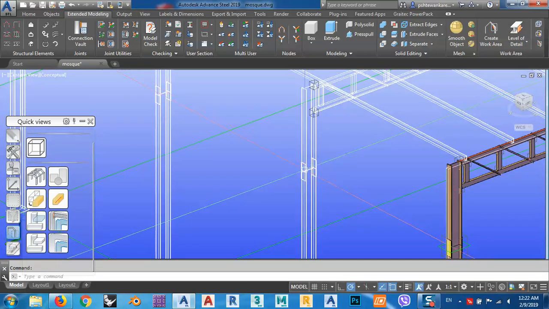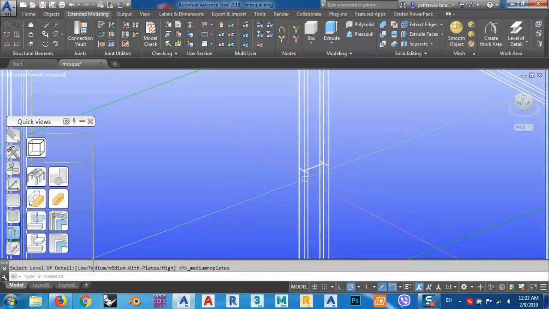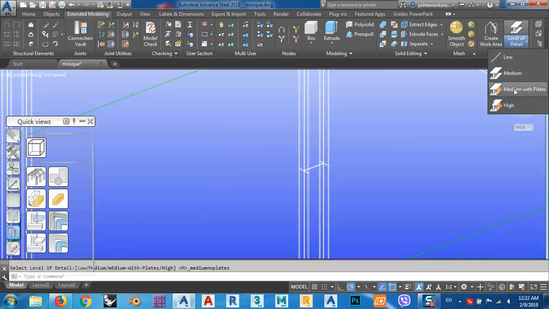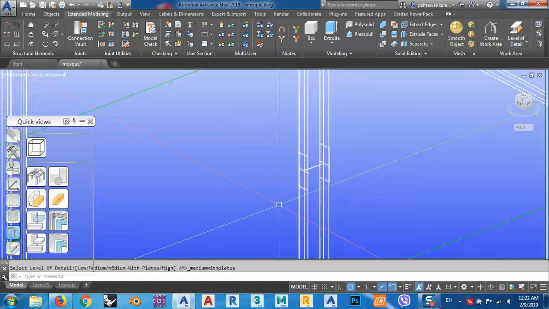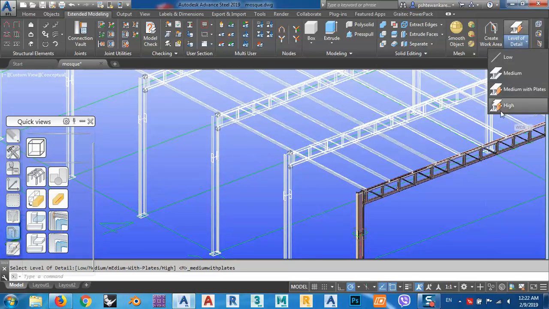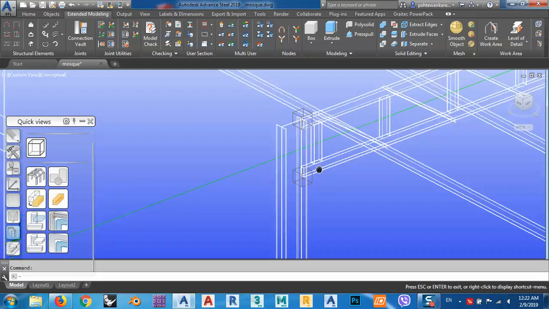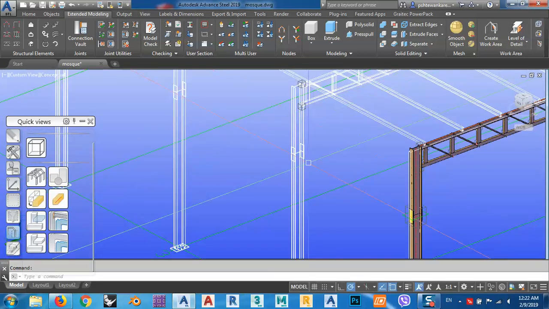As you see, if I change back to medium, I cannot see plates. But if I change here to medium with plates, I can see plates. If I change to high, you see, I can see it with more details. What does it mean? It means